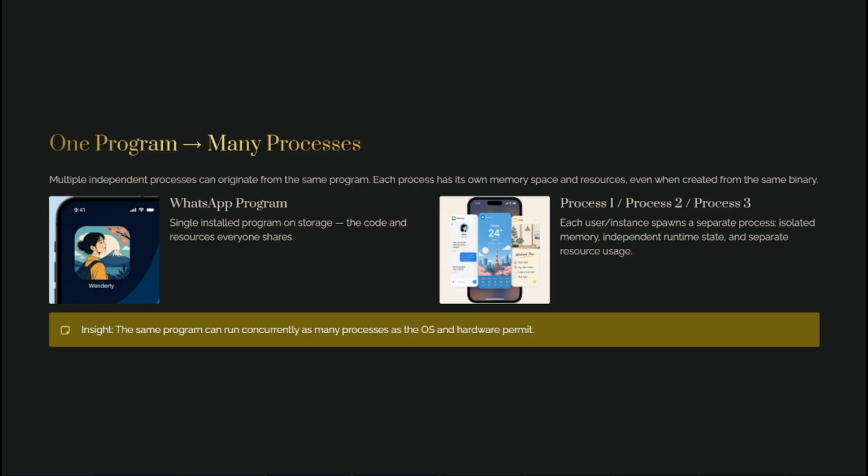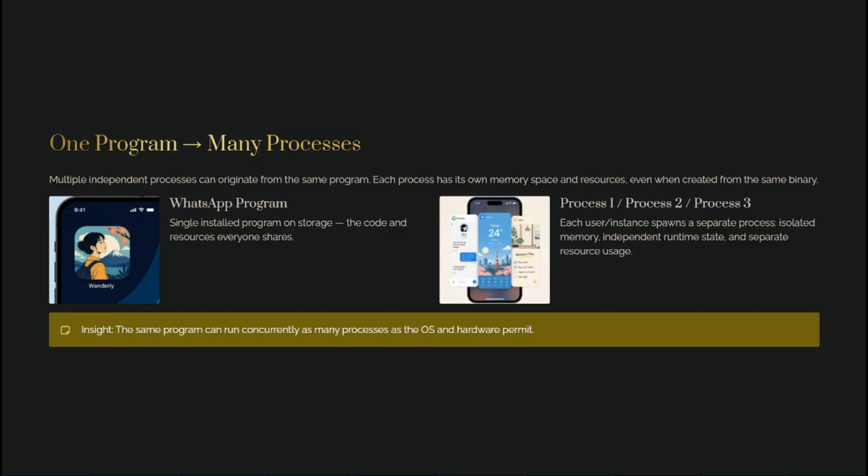One program, many processes. Here is something interesting that confuses many students in exams. Think about WhatsApp. There is only one WhatsApp program installed on your phone, one set of code that everyone shares. But now imagine three of your friends open WhatsApp on their own phones at the same time. That one program is now running as three separate processes, each with its own memory space, its own state,